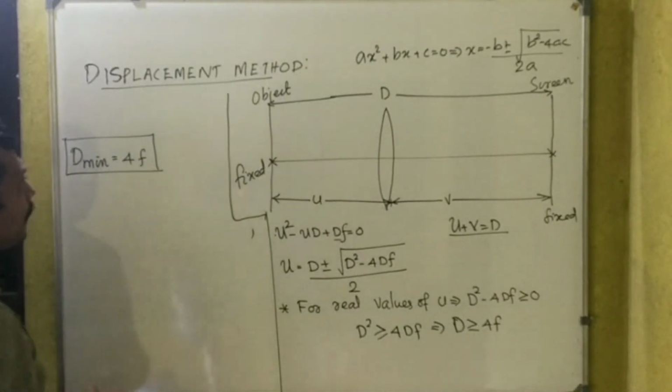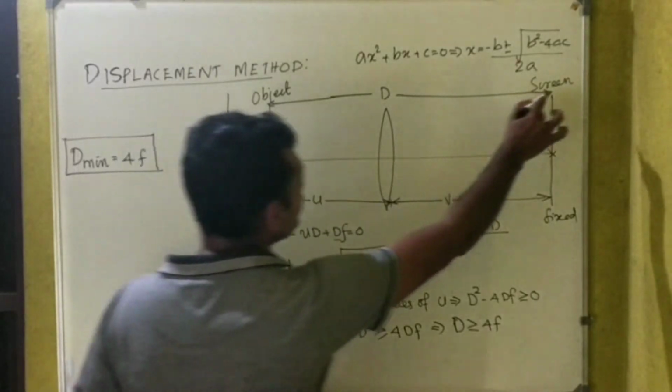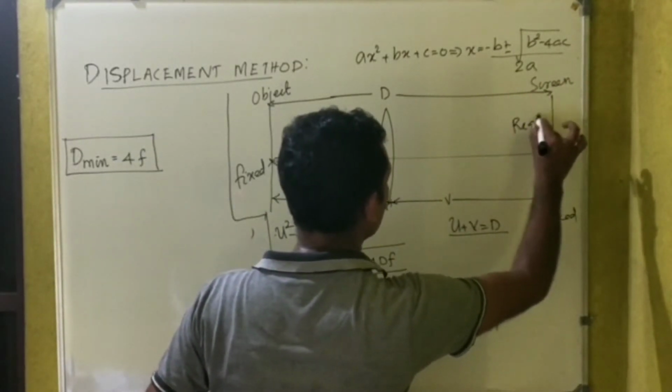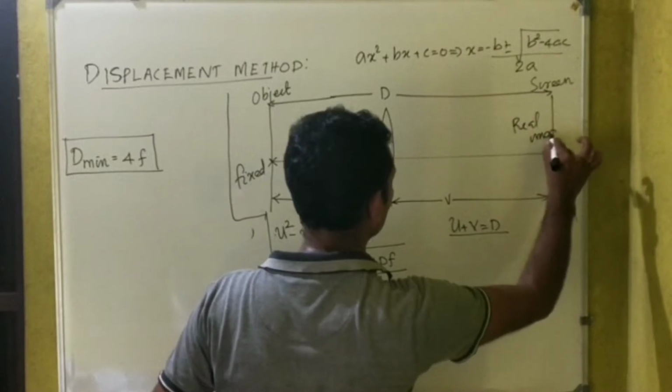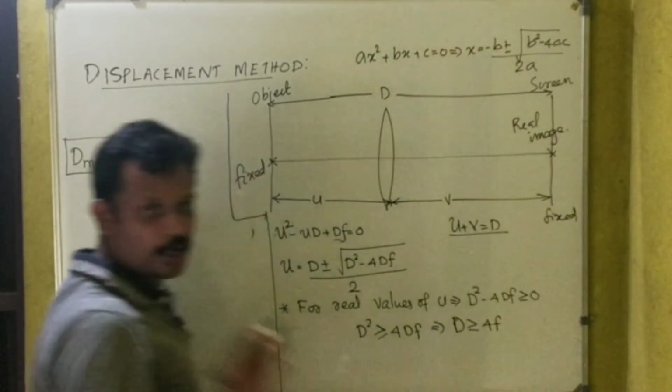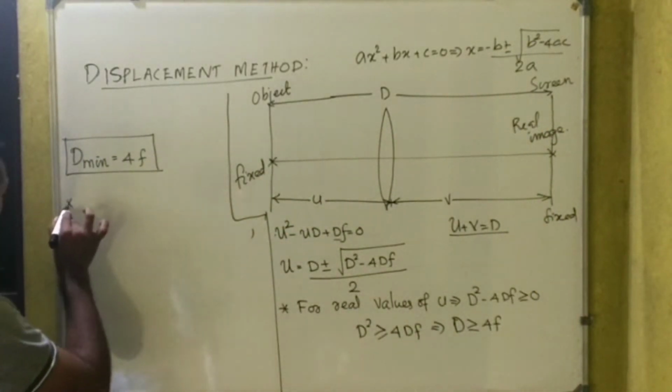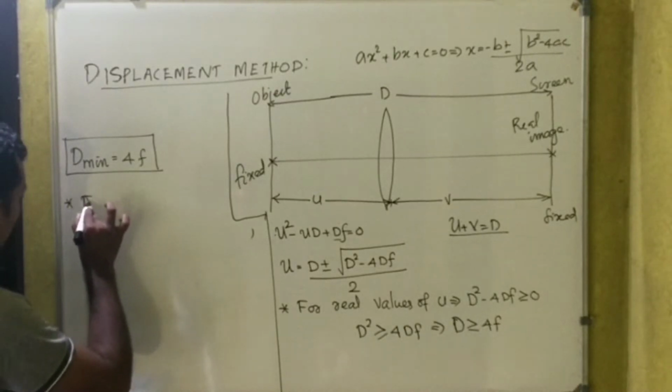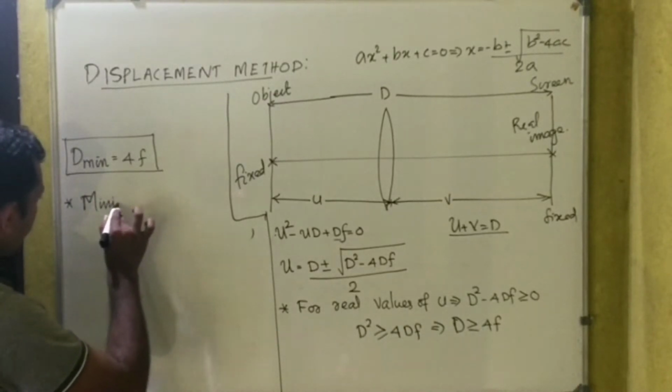So what does D minimum mean? It is the object and this is the screen where I am going to get a real image. So the most important point we can say is that the minimum separation